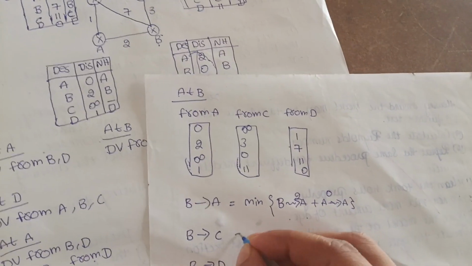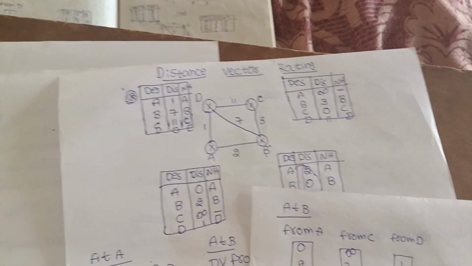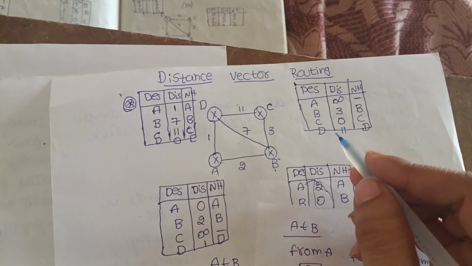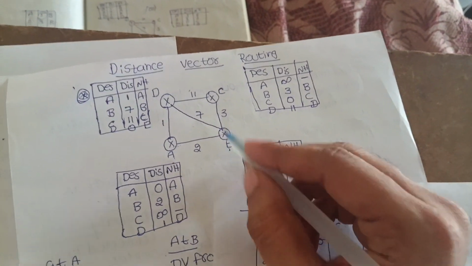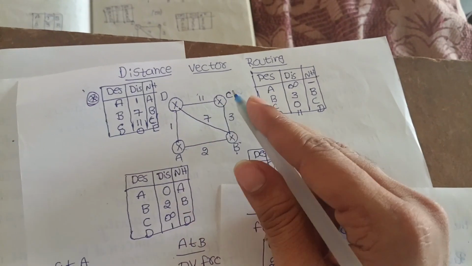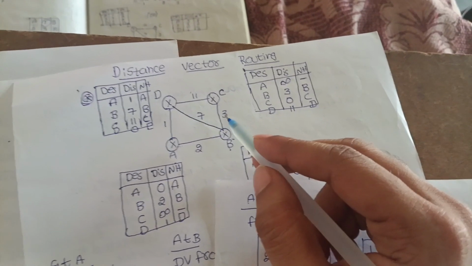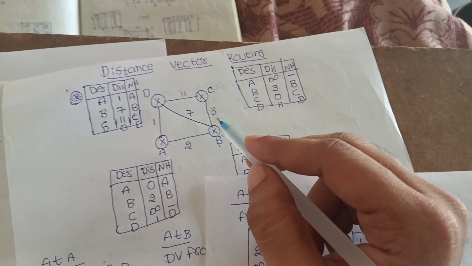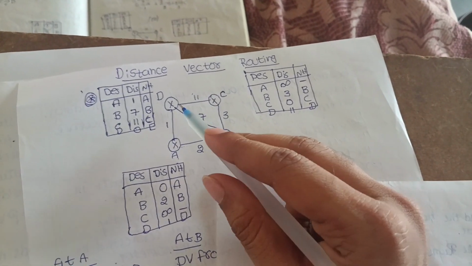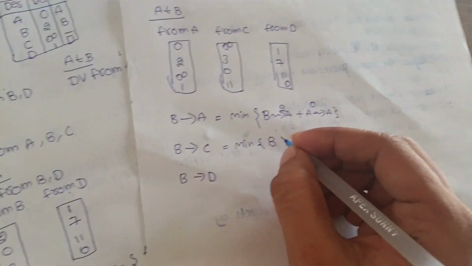Next approach, B to C. Here check B to C. 3 is the minimum distance. There are various approaches like B to C, B to D, and D to C. But with the naked eye we can easily find that B to C, 3, is the shortest distance, and B to D, D to C is a long distance. So B to C